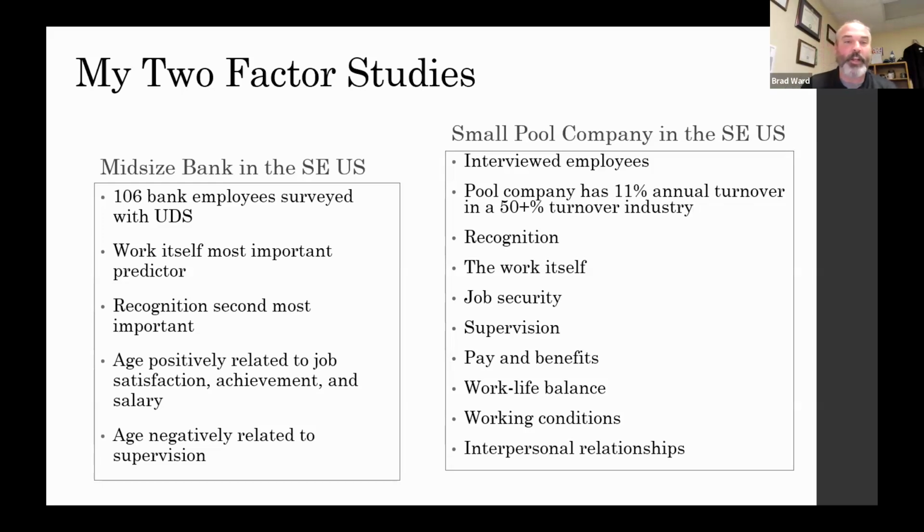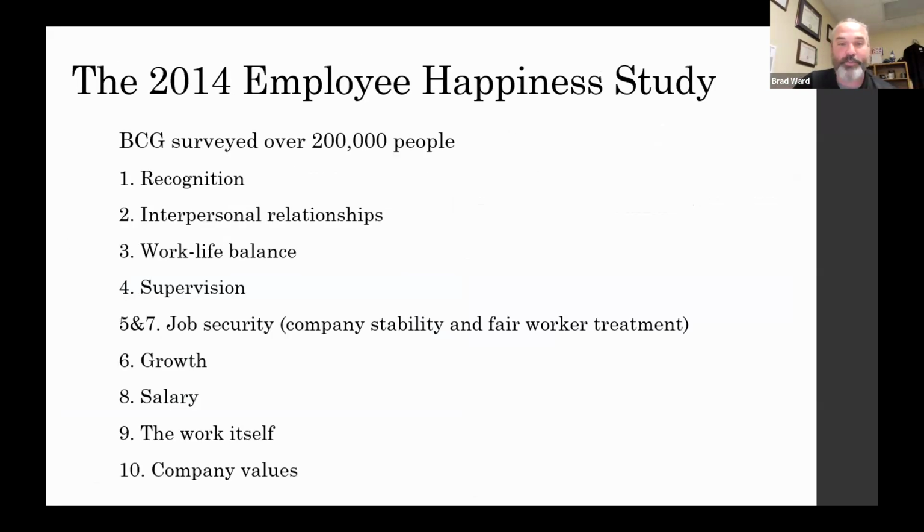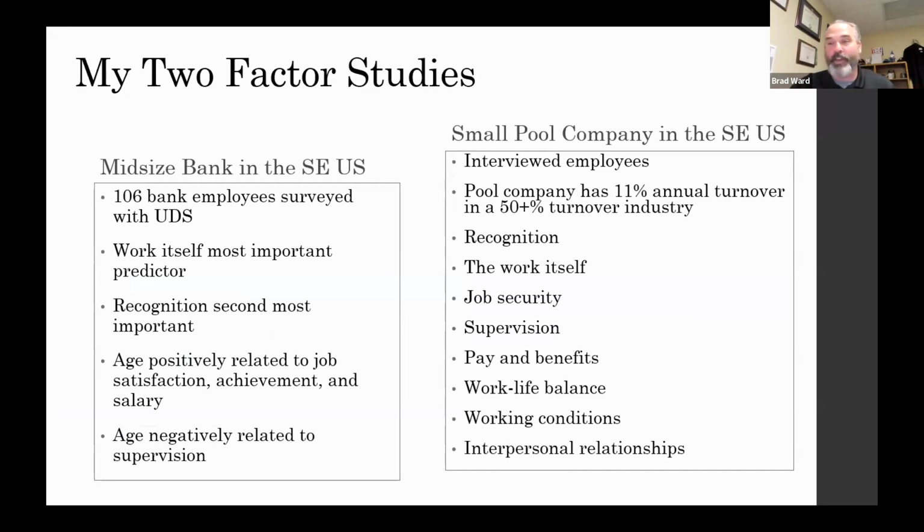So on the left, there's a mid-sized bank in the Southeast United States. And I got their human resources to do a Qualtrics survey, and then I used the survey that I built off two-factor theory. So in the book, for example, I have 3 questions or so regarding each one of these: recognition, advancement, achievement, relationships, and so on. And then I surveyed employees at this bank to see what gets you satisfied at work. I only looked at jobs, does it relate to job satisfaction?